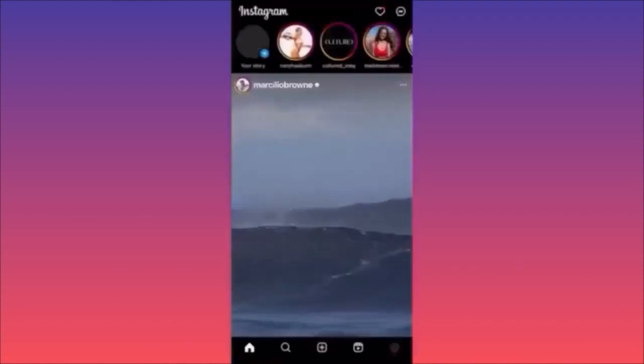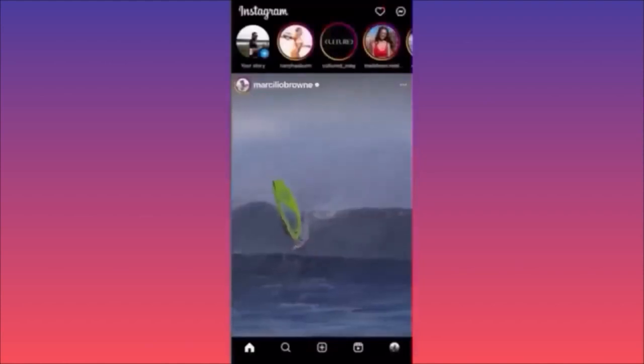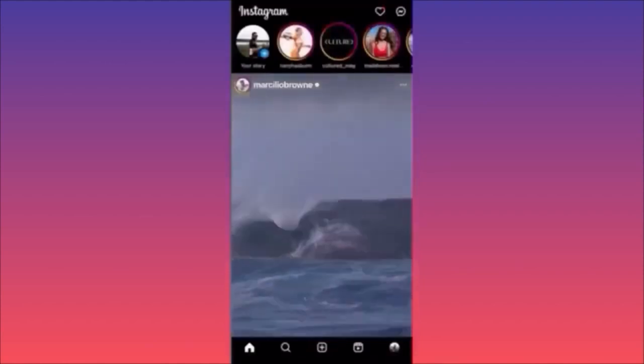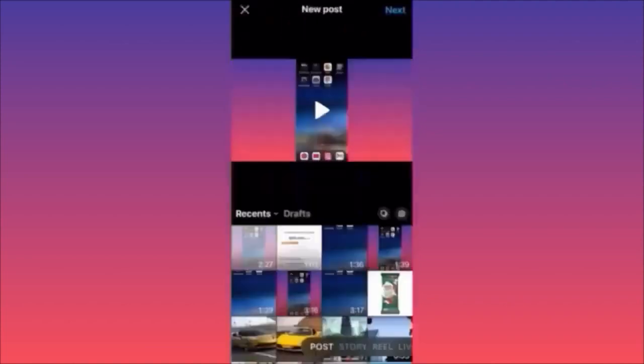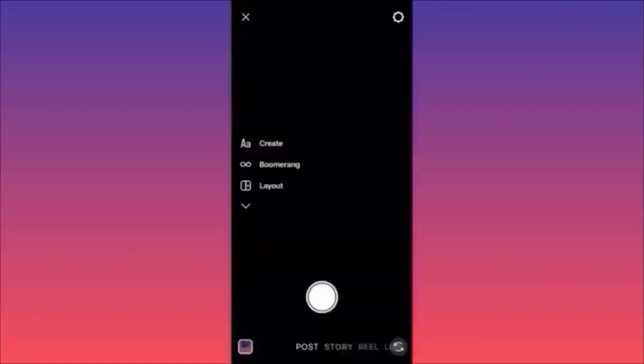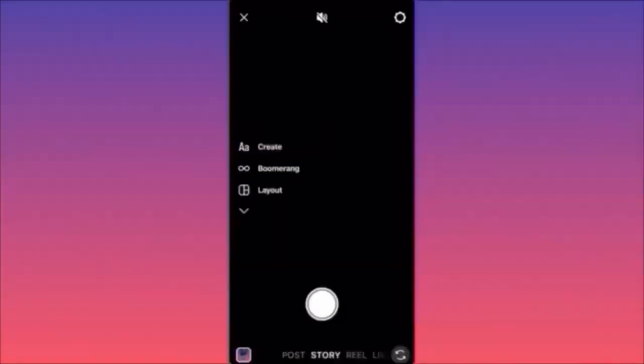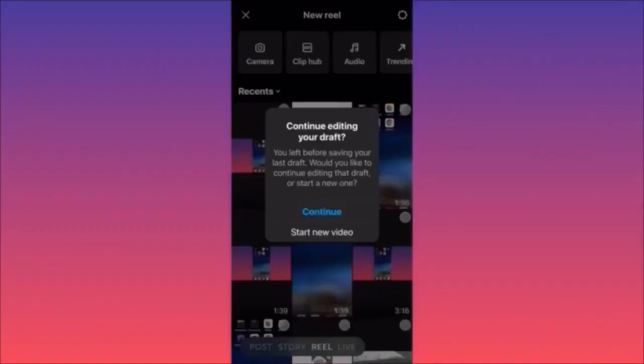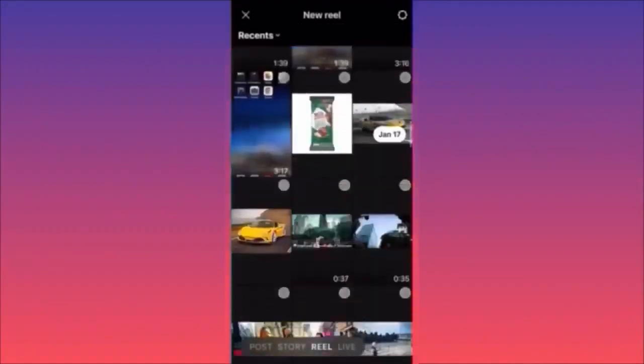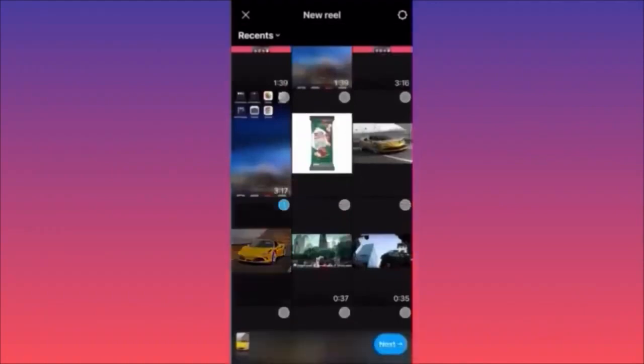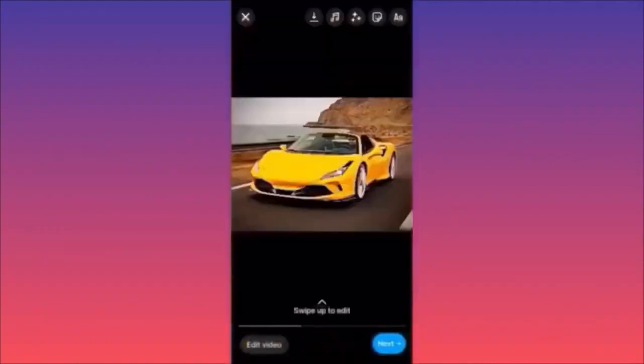Now guys, let's create a brand new post. Click on the lower center of the screen, hit the plus sign. Now let's try to slide on the side from post to reels. In this example over here, guys, I'm going to use this image over here and we're going to create reels out of it. Okay, so the first thing I want you to pay very close attention to is the upper